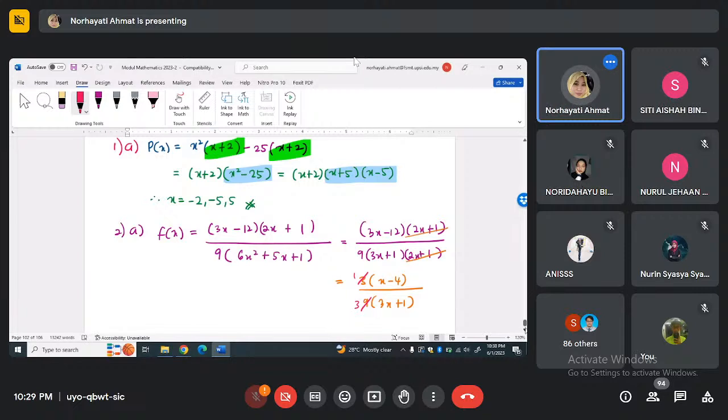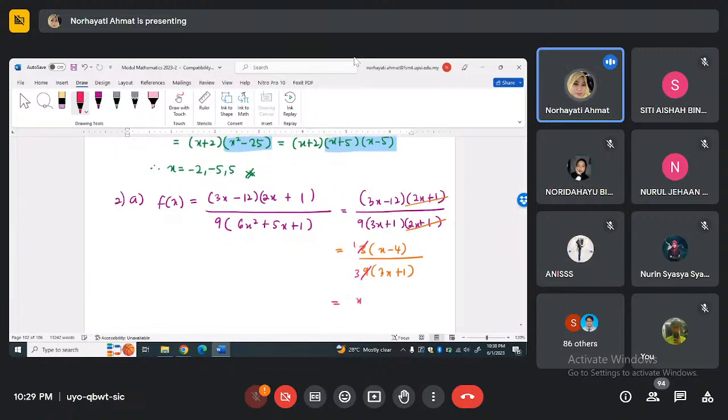Okay, so we get x minus 4, 3 times 3x plus 1. Okay, x minus 4, 3 times 3x plus 1. Alright? Boleh kelas? Boleh. Okay. So, apa dia punya domain? Boleh. This function. X real numbers, but X cannot be